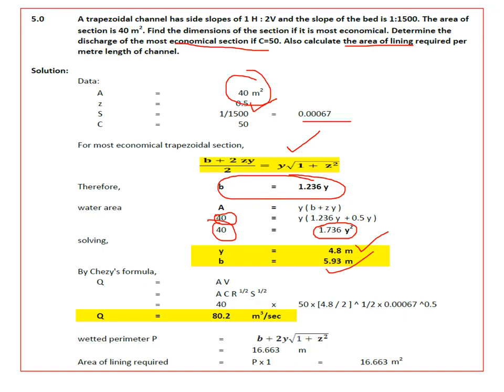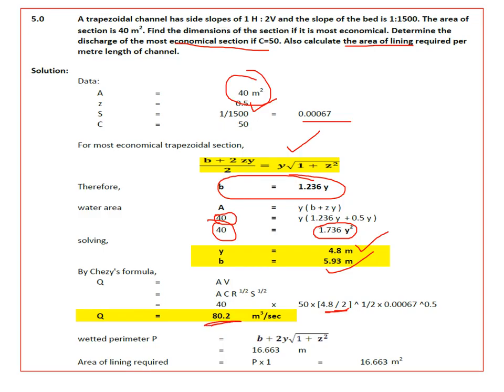So now finding the discharge. What is discharge? It is area into velocity. Since Chezy's constant is given, V is C root RS. So area is 40, C is 50, R is y by 2. What is y? It is 4.8, so it is 4.8 by 2, to the power of half, and S is also given. Hence the discharge can be calculated, which is 80.2